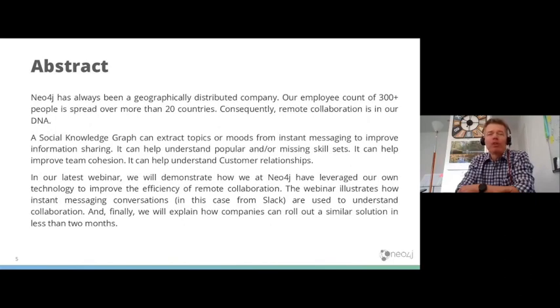And so we started using our own technology to capture information from our instant messenger, to understand who's collaborating with whom, what virtual teams really exist, and the cohesion of these teams, including virtual teams across departments. We can see what skills are being talked about, which customers have a lot of activity, and so on. You'll see during this webinar there's a whole lot of ways to leverage instant messaging data inside the company.